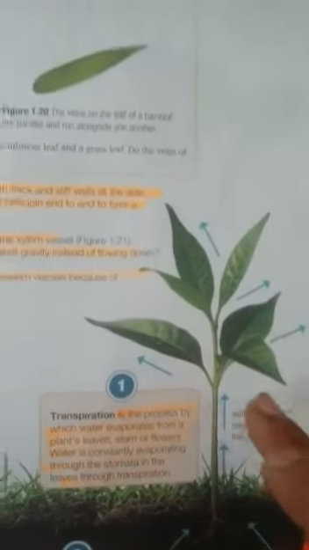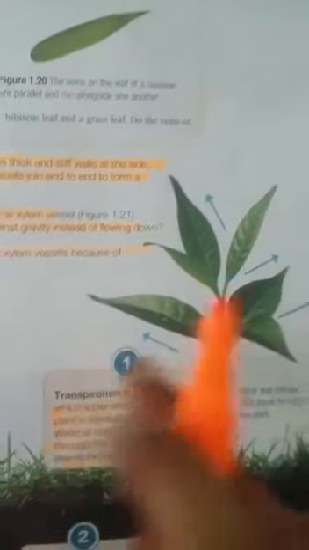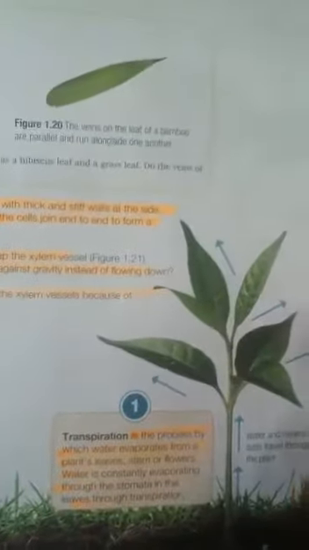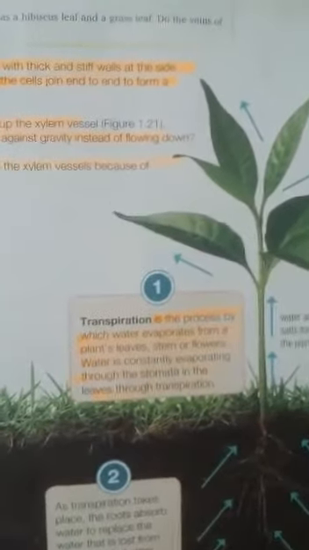That's why we say the plants are the lungs of the surrounding, and they keep your surrounding cool. Due to this process of transpiration, it keeps your surrounding cool. It is the cause of the water vapors which can cause the clouds and the rains and so on. So this transpiration helps to move the water from the soil towards the upward parts of the leaves.